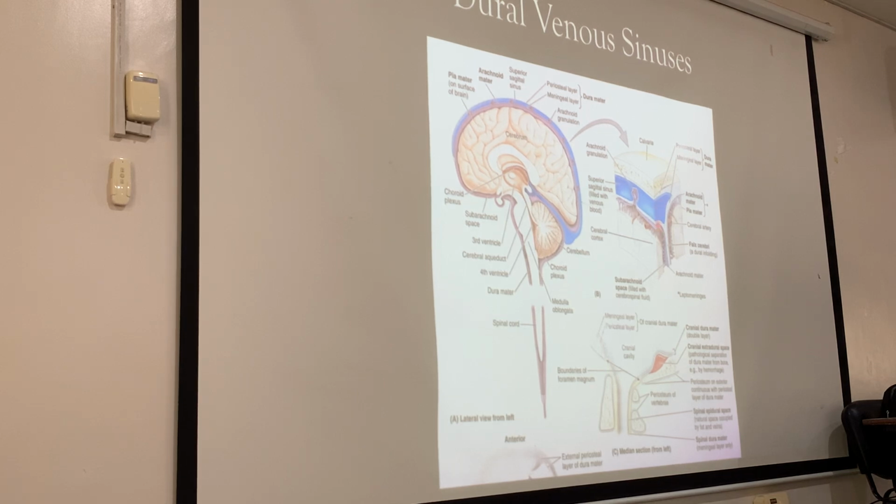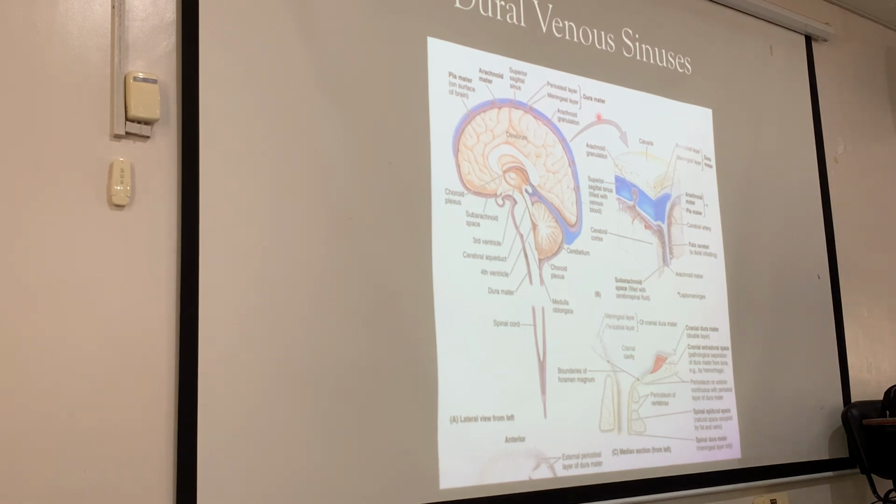And then the meningeal dura also forms this fold, which is called the falx cerebri. The falx cerebri separates the left cerebral hemisphere from the right. Okay, so that's the falx cerebri, and its origin is here. It has the superior sagittal sinus.